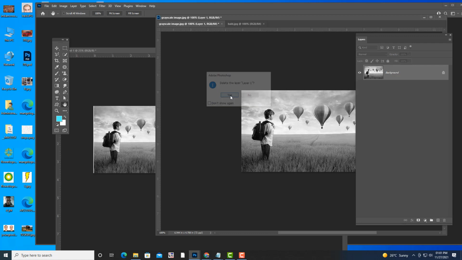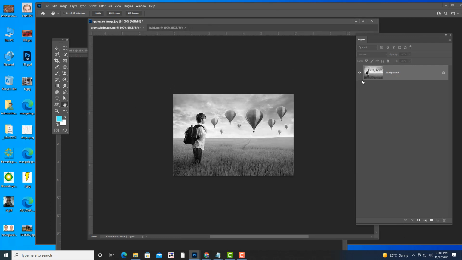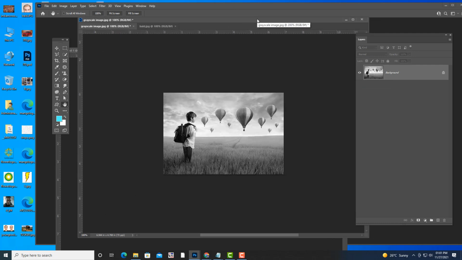I am not going to colorize completely, I am just going to show you by colorizing the grass and just the pants. Okay, see here, you can use a combination of both. So you don't have to use only blending modes or only adjustments. You can use a combination of both blending modes and adjustments.